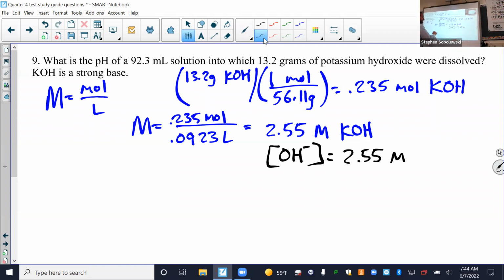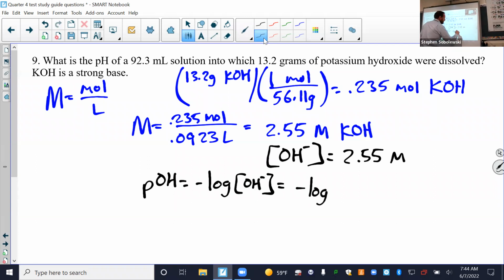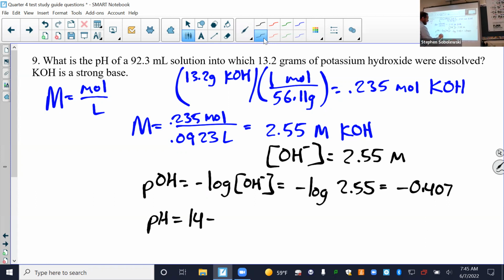So let's find pOH, which is negative log of the OH minus concentration. So negative log of 2.55. This will give us a negative number. Negative log 2.55, negative 0.407. Okay. And the unit of pOH is nothing. There is no unit. And now pH is 14 minus pOH, so 14 minus negative